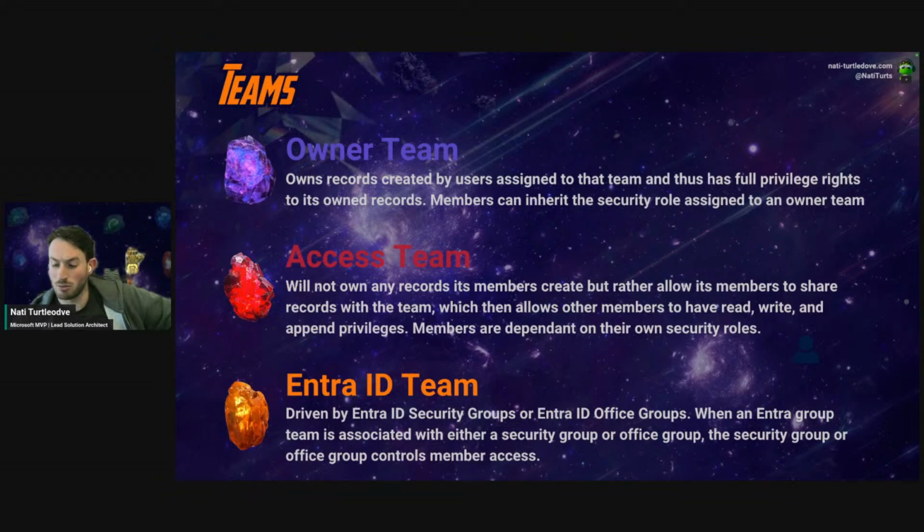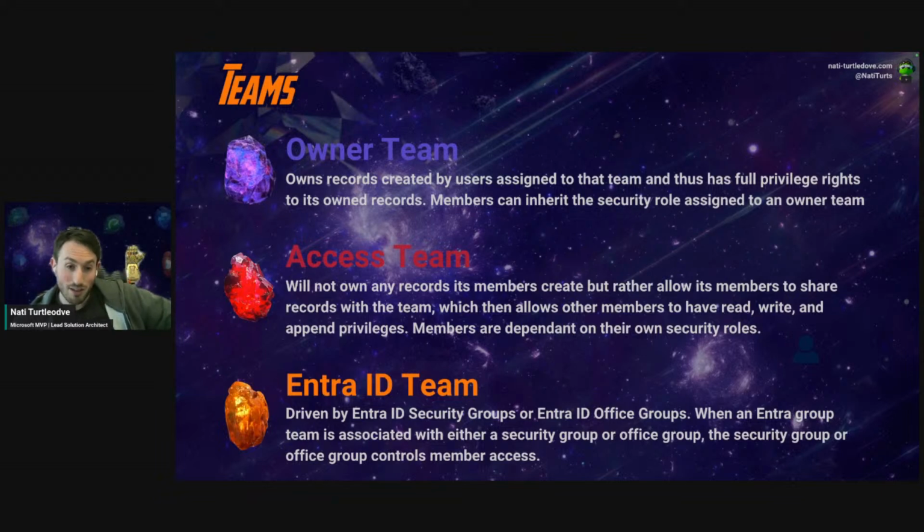And these kind of split into 2, as I mentioned. We've got our security group teams and we've got our Office 365 group teams. Basically, we can just define what platform we're connecting to. Are we connecting to standard O365 teams, security groups, not security groups, or we're going to connect to actual Entra ID security groups.